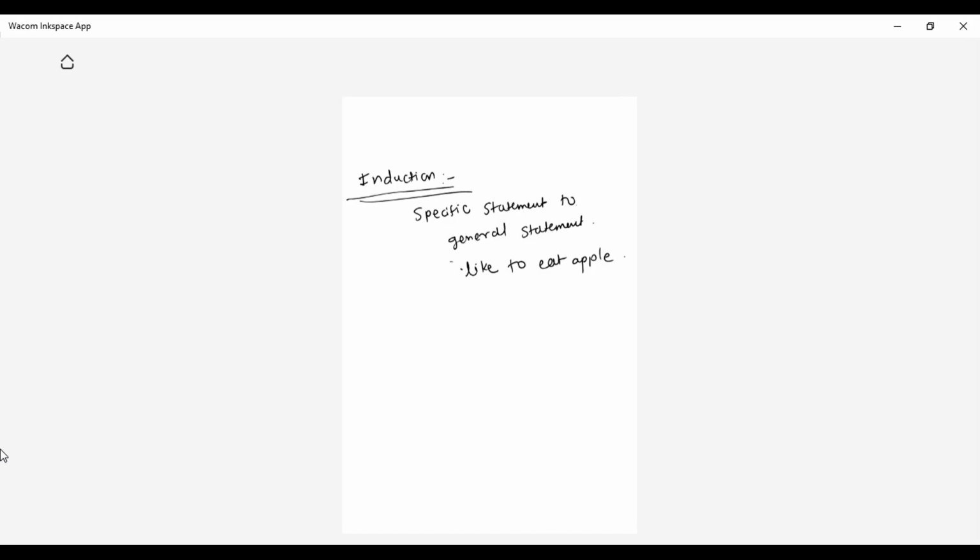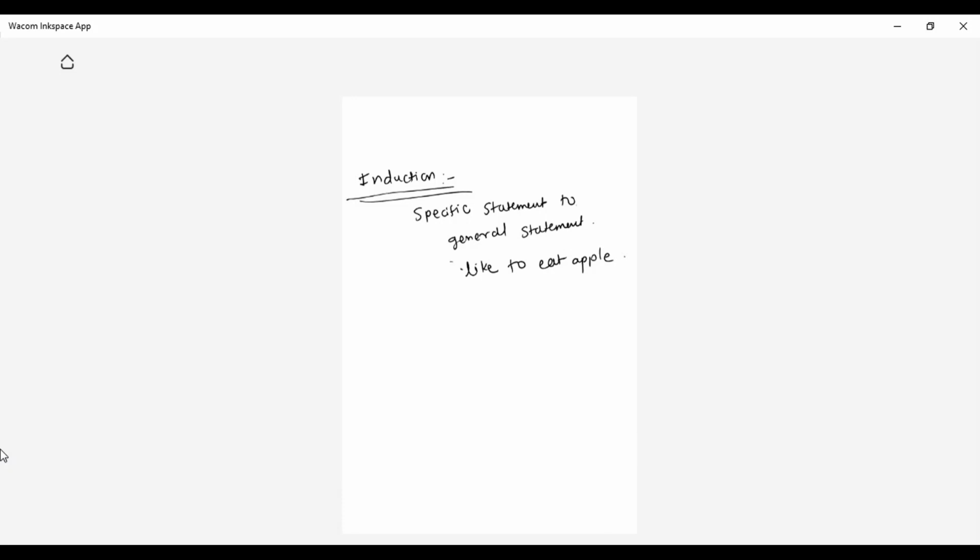I hope you have got the concept of mathematical induction. Mathematical induction is nothing but a path on which we move from the specific statement to the general statement, and that's why we say its application is to generalize the statement, from specific to general. Now I will give you another example, with respect to mathematical induction, of how we are going to do it. With a particular example I'm going to explain to you, student.